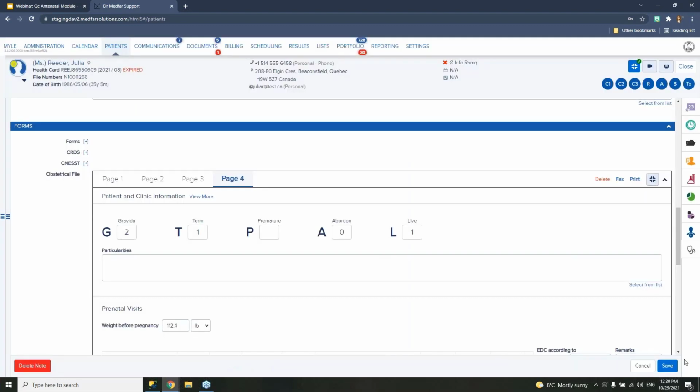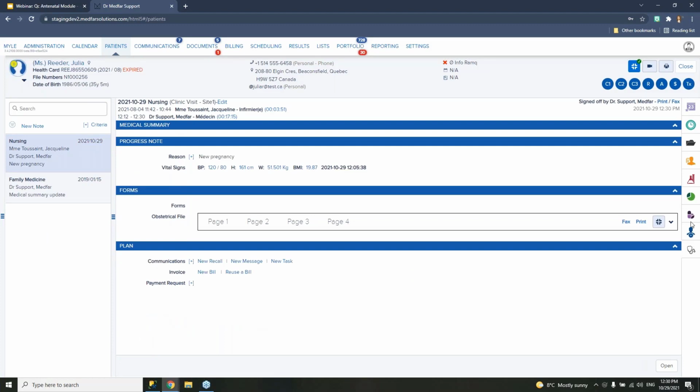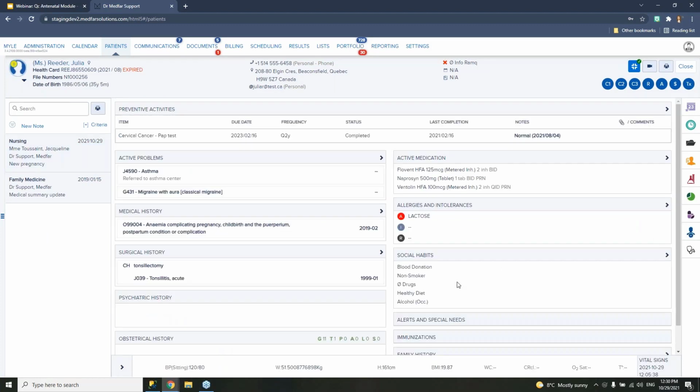So I will cancel this and I will save my note and approve it. And I just want to come back to the patient summary here, and I want to show you a new feature that we added. And I have a typo here, but I just want to show you in the obstetrical history, we have this counter, the GTPAL and S counter that we have to indicate the number of pregnancies that